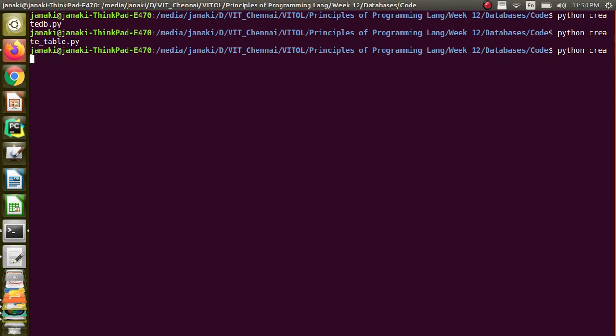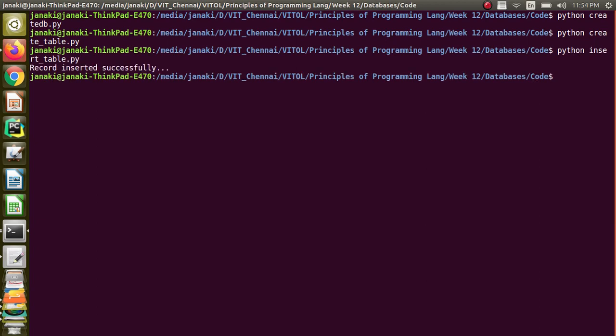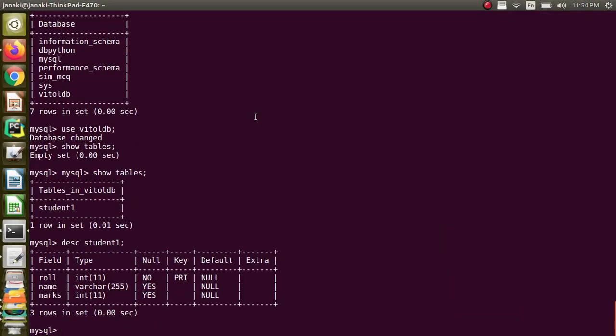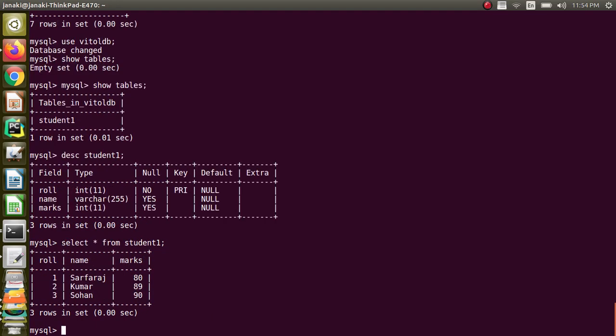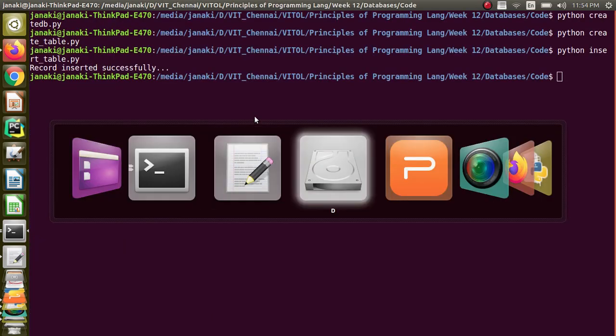So I can say insert_table.py. Fine. So record inserted successfully, it is saying. So I can go to the database backend and see select star from student1. Yes, all the 3 records are inserted. Okay.